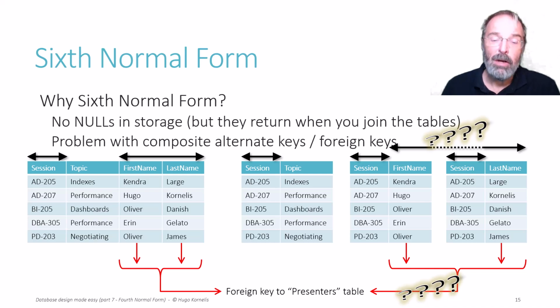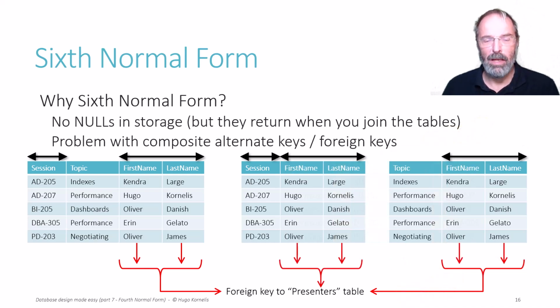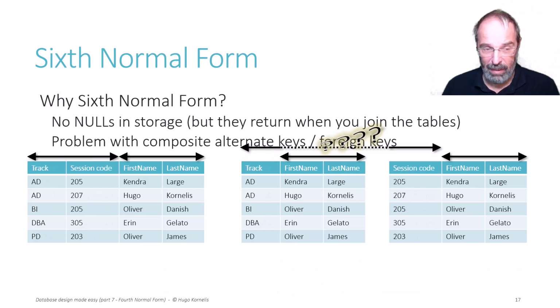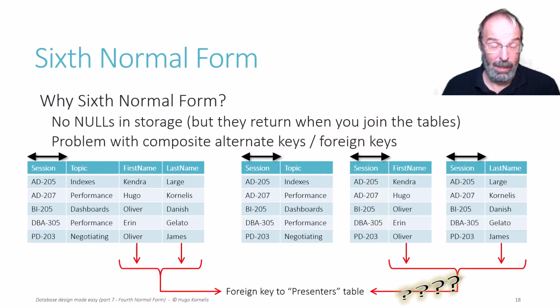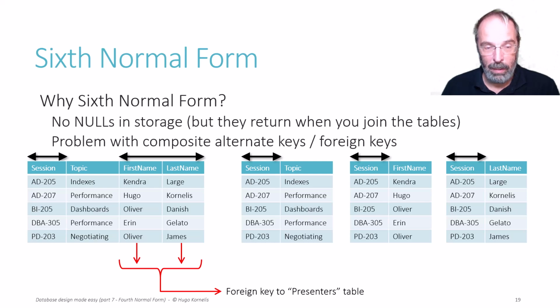Now in this case, we could have prevented that by splitting on first name and last name, but what if there are two composite candidate keys in a table? Then either choice will give you this problem. Or what if there is a composite foreign key on a combination of columns that is another candidate key? Then you can't split there. So there are universes of discourse where sixth normal form actually disallows you to enforce all the keys, all the alternate keys and foreign keys that you want because they are composite.